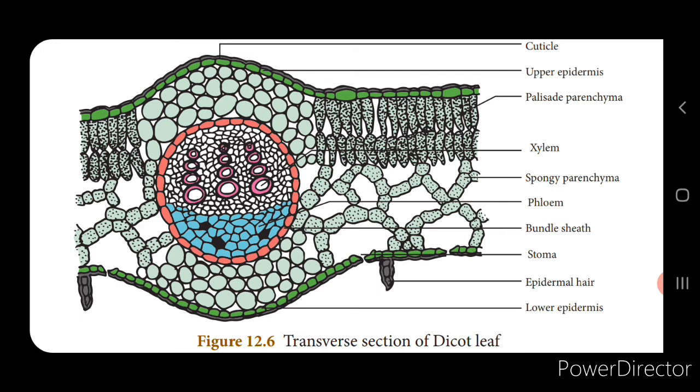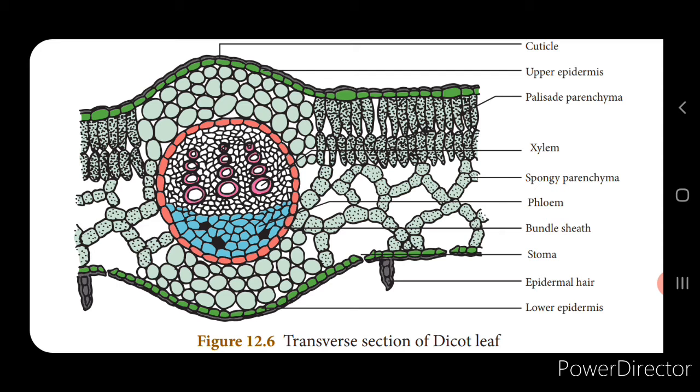But especially in the lower epidermis, there are numerous stomata, and this helps in the exchange of gases, and it also prevents the loss of water vapor through these stomata. And you can see the chloroplast that is present in the lower epidermis, especially in the guard cells. Now, in the stomata, we have the guard cells, which swell and shrink so that the stomata open and close, isn't it? We have learnt. So, the chloroplast is present only in the guard cells.